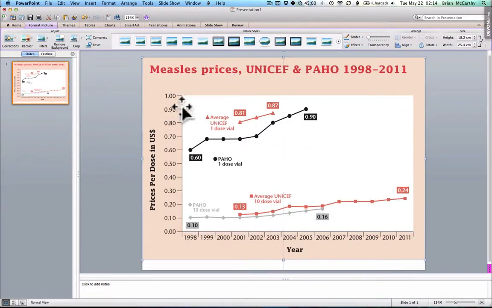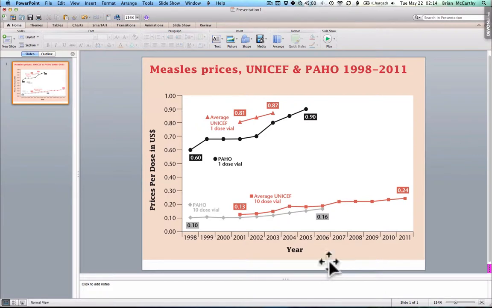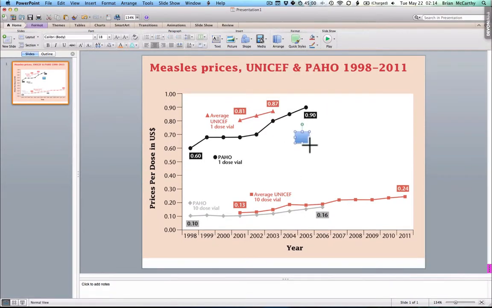But I need to prepare this for presenting. I want each element on the graph to appear one by one. So what I'm going to do is white out the elements that I don't want to appear. So I make some boxes. I prefer to have the boxes a different color for the moment, a clear color that I can see easily,